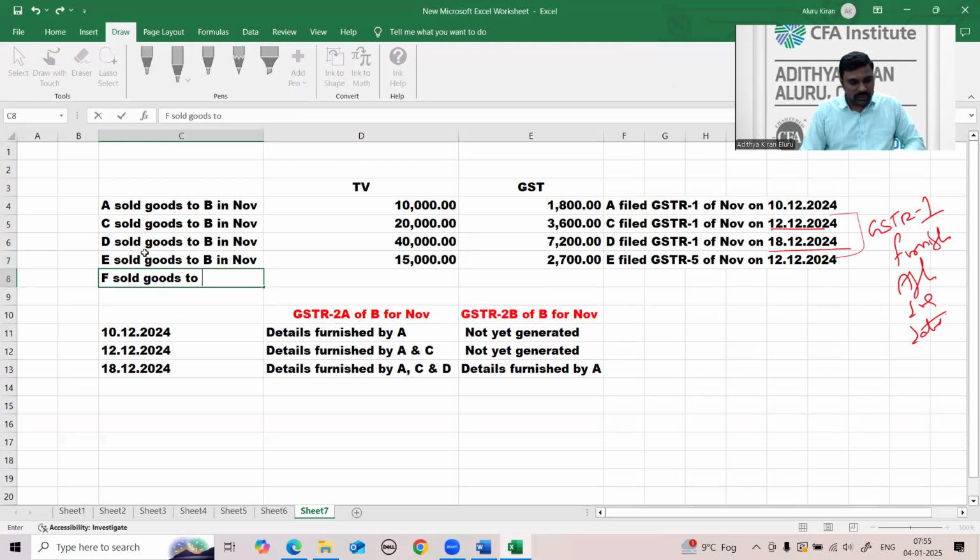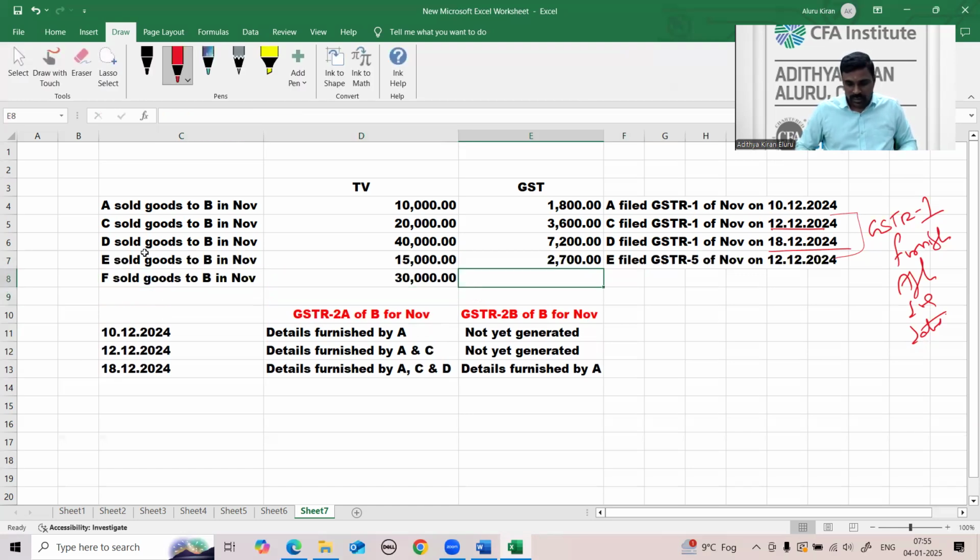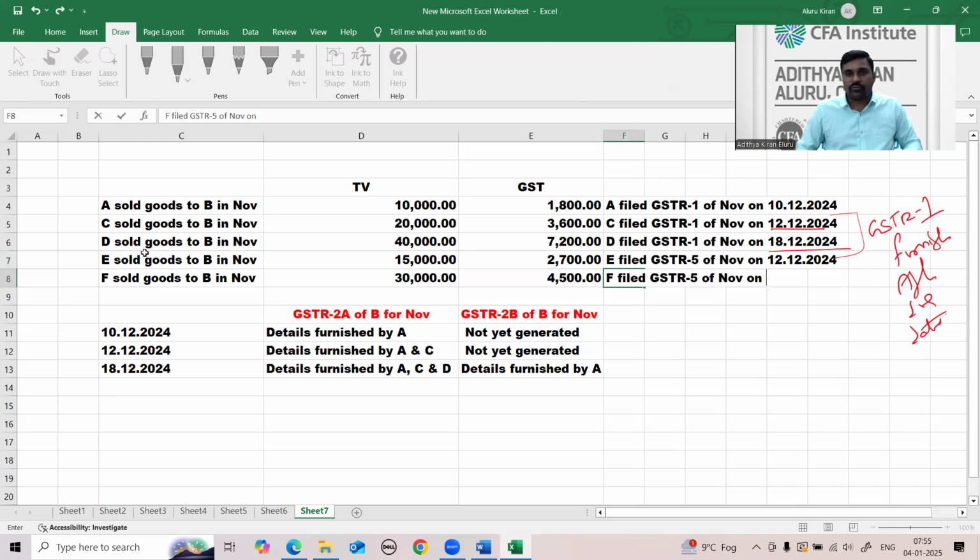F sold goods to B in November, say 30,000, and 4,500 is the GST. F filed GSTR 5 of November on 15th December 2024. If I open the GSTR 2B of B for the month of November on 18th December,